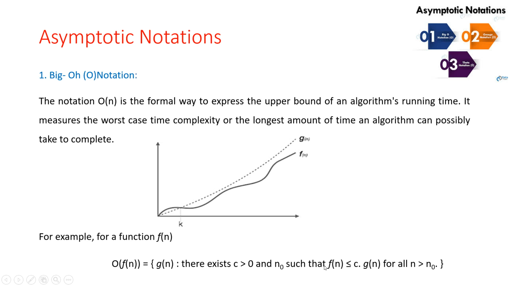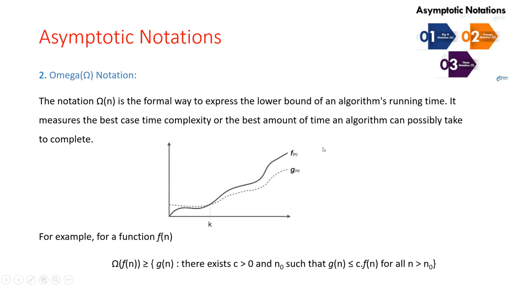So if you are considering the algorithm for that f of n, how we get the time complexity is in the form of a constant value times g of n. So if our function is less than or equal to c dot g of n, the graph looks like this. This is the worst time complexity.